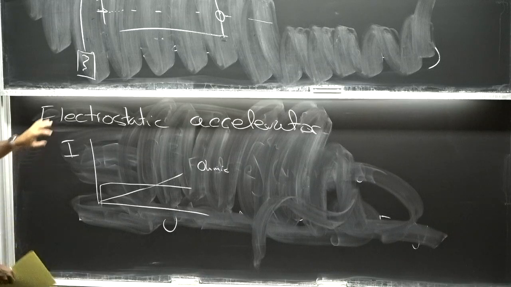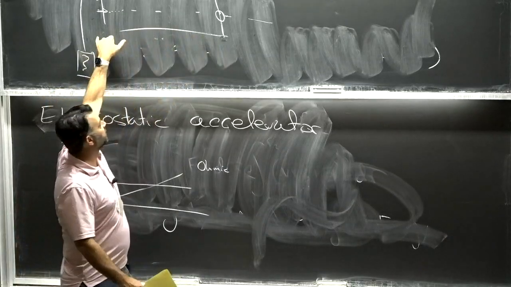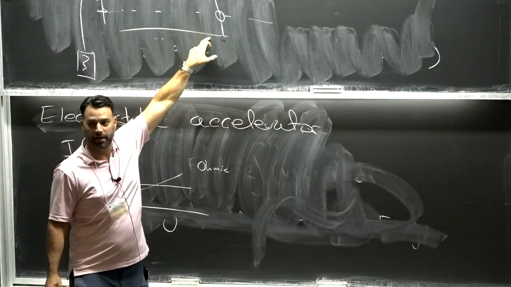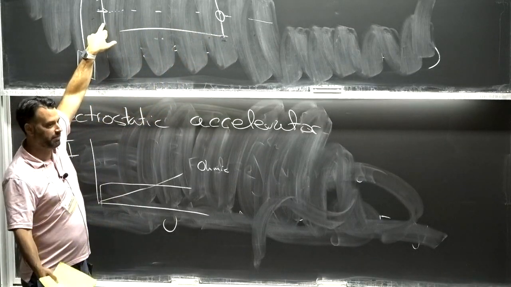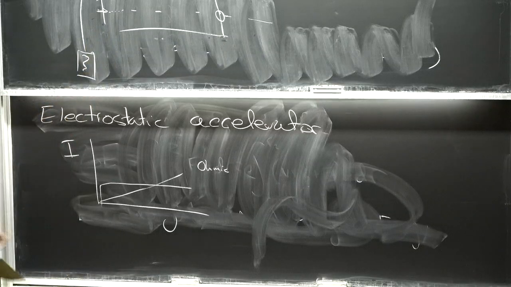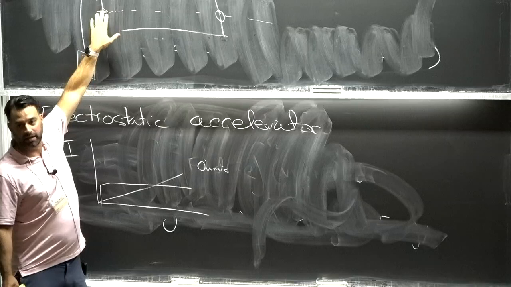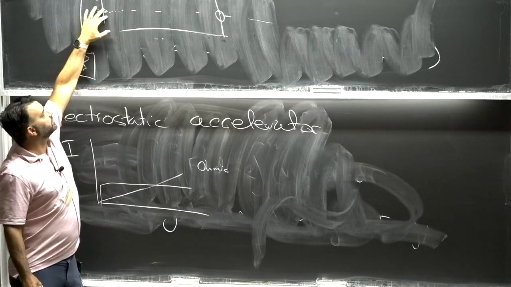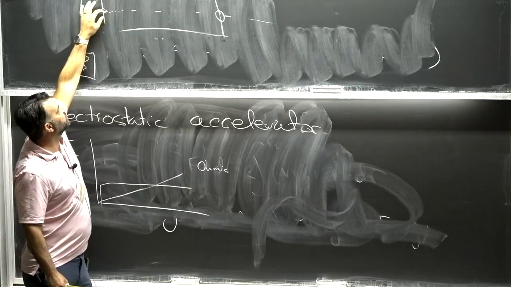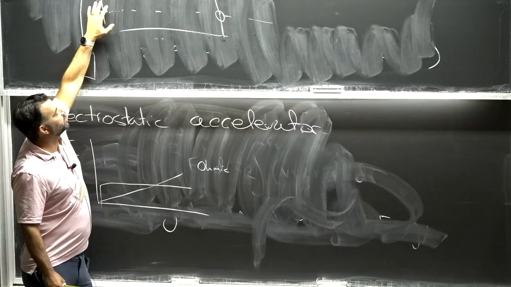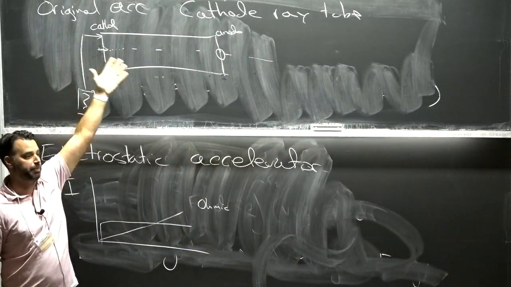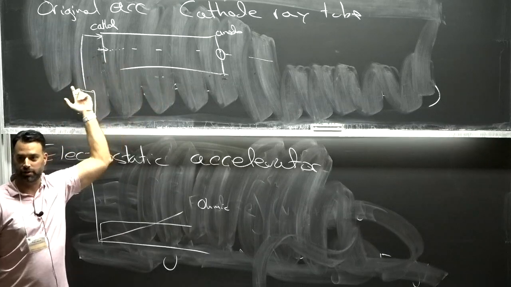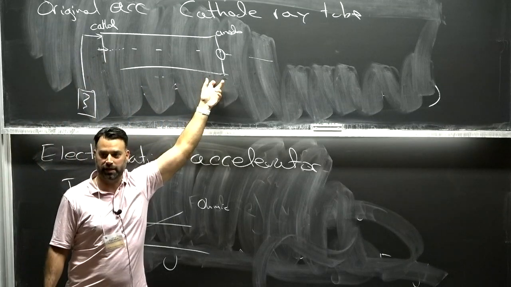But the problem is, as I keep increasing my potential difference across this, as I look at the electrodes that are generating my electron beam that's coming out of this, as I increase the potential more and more, eventually I get a cascading effect where the potential is so high that I'm going to essentially be bubbling off more and more electrons, running into ions, and I get something called a corona discharge. Essentially, the thing sparks, and the entire thing discharges, so I don't have this large potential difference anymore.